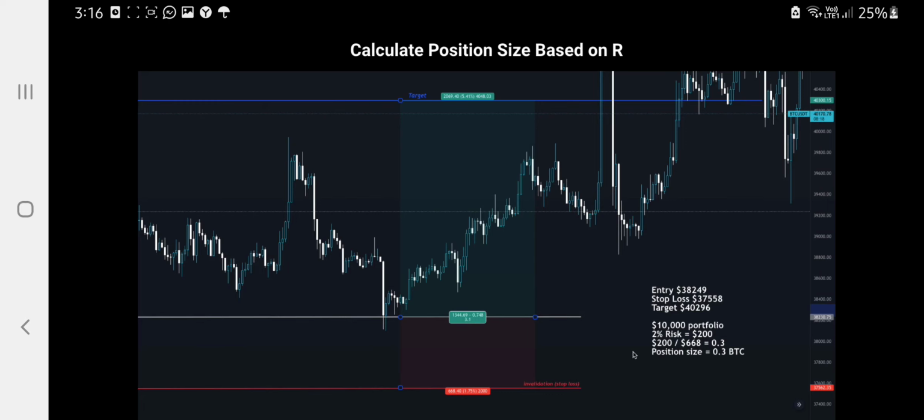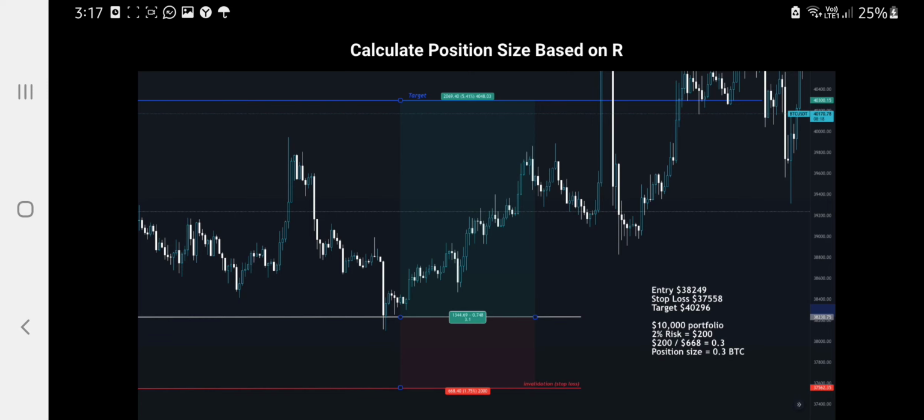So you take 200, which is your portfolio risk, you take 668, which is your stop loss, and you divide those two numbers. That gives you a figure, which is 0.3. That is your position size in BTC. So if you put on a 0.3